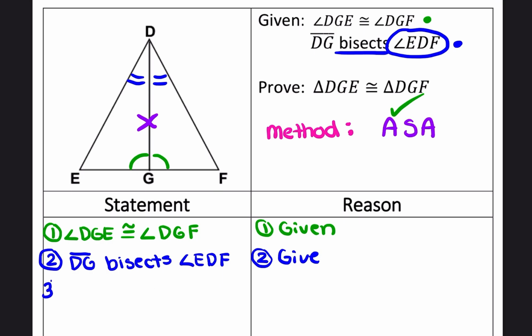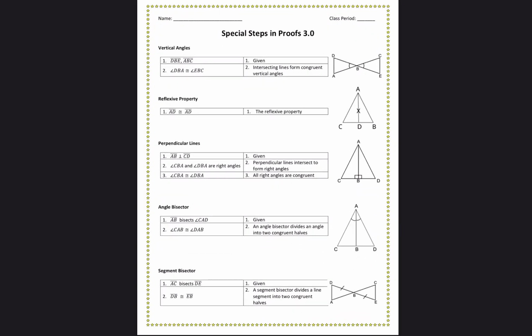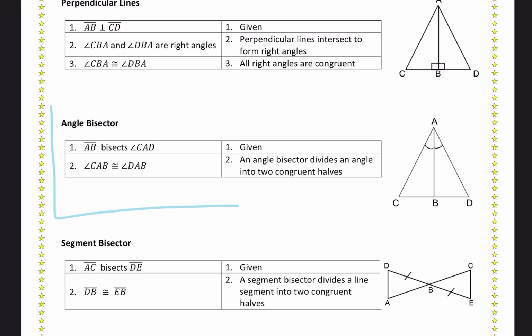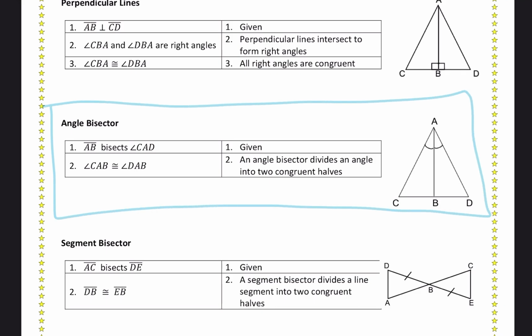And we need to think about what a bisector truly does. It cuts it in half, right? So what we're going to do is think about what's being cut in half, that angle EDF. If you're not quite sure what to do next, as we're practicing, as we're learning, of course, use your interactive notebook, the front page, the one we just went over, or you can turn to your special steps and proofs. So if I take a look at my special steps and proofs, angle bisector is actually right here on that front page, right? So when you're given an angle bisector, like you are here,